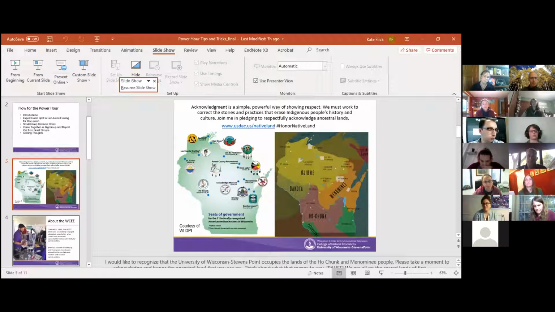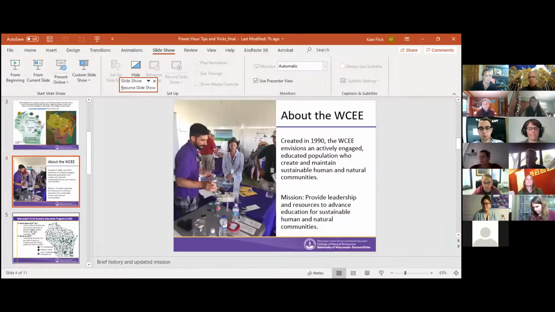I think it's important to acknowledge that caretaking. And as you as educators are thinking about going outside, acknowledging Indigenous people and the caretaking that they've done on the land is really important. So that's a brief rendition, and that's all I want to say about that.